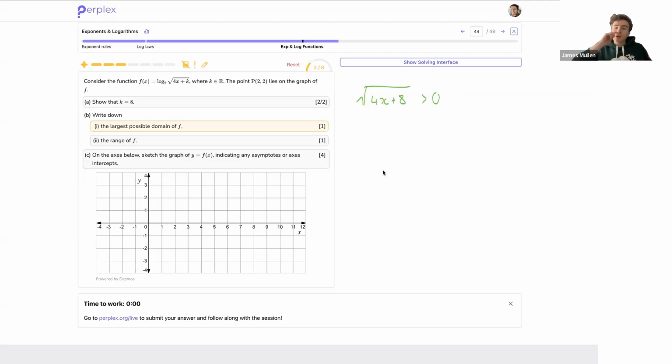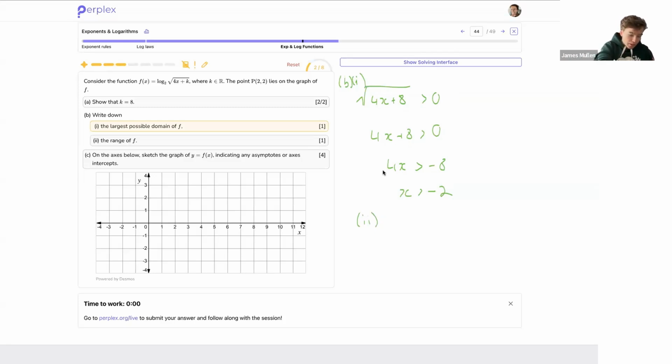All right? So if that's greater than 0, it means that 4x plus 8 is greater than 0, which means that 4x is greater than negative 8. x is bigger than negative 2. And that's the answer to BII, or BI, I mean. And then for BII,